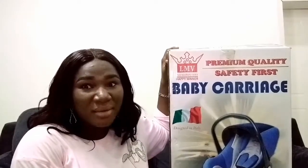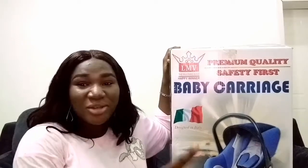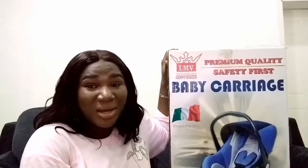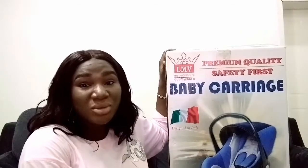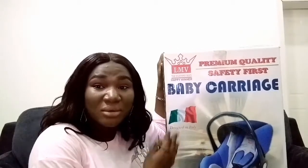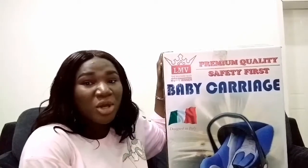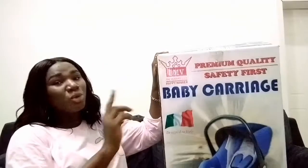So guys, this is the car seat here, and if you live in Nigeria, or I think in Abuja, I see in Abuja, this product is one of the fastest, like it's one of the best now. Almost everyone I see around is using LMB products, and to be sincere, they're cheaper than the rest of the baby gears around. So let's get into unboxing